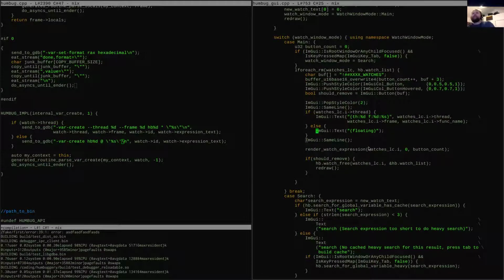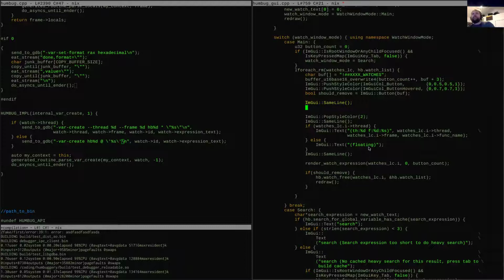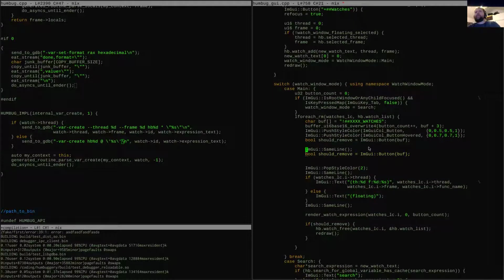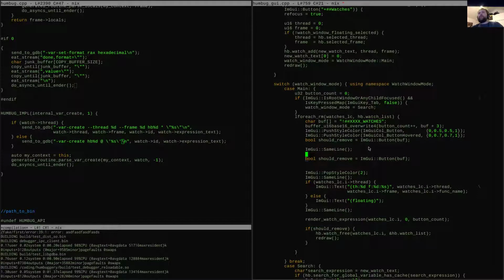Well, let's just do it. There's no easy way to just tack it on the end of the line, so I'm just going to put it here at the beginning as another button. And we are going to do buff 0 equals E for edit,